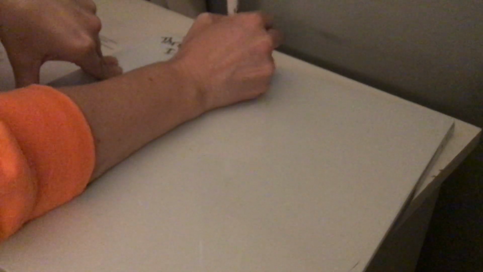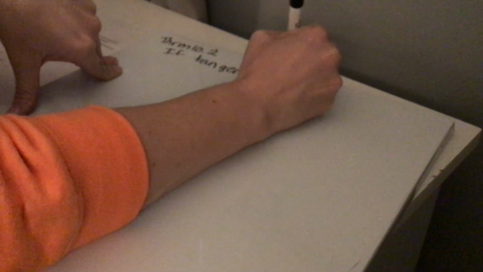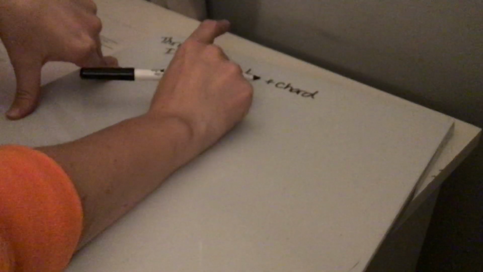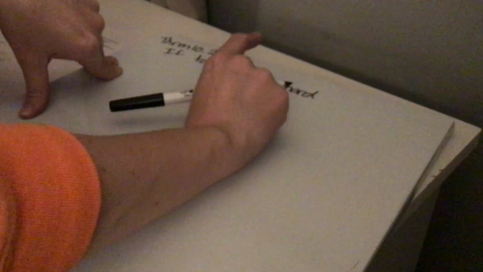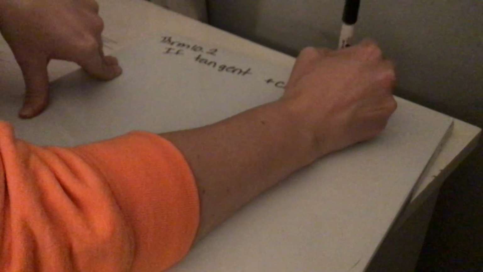So this same idea of it being half the intercepted arc is true when one side of the angle is tangent to the circle. Okay? So that's our next theorem. It says that if a tangent and a chord, what's a tangent and what's a chord? Right? Tangent, the line touches the circle in one place. The chord passes through the circle in two places. So if a tangent and a chord intersect on a circle,